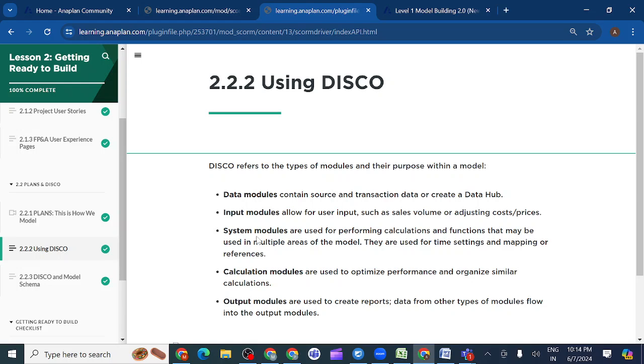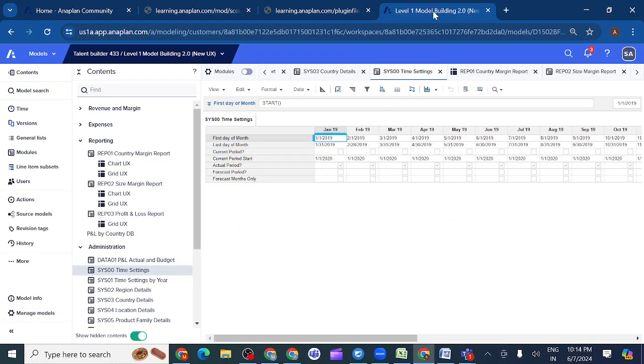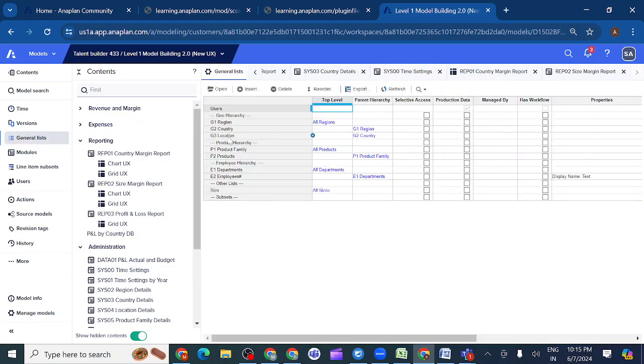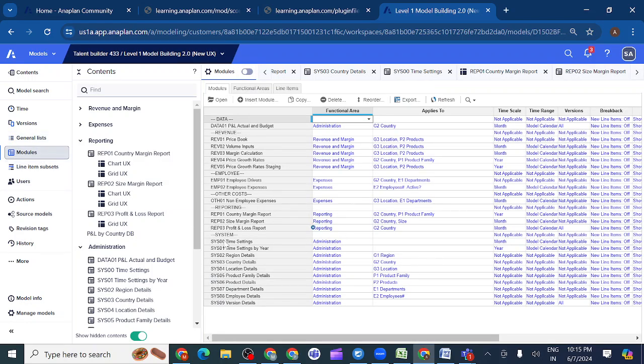Generally, what type of system modules will we create? Whenever you go to the general lists, what are the general lists we have? You can see region, country, location, product family, products, event, department, employees. These are the general lists. We create the same modules in system modules. Besides these, you have time and versions.